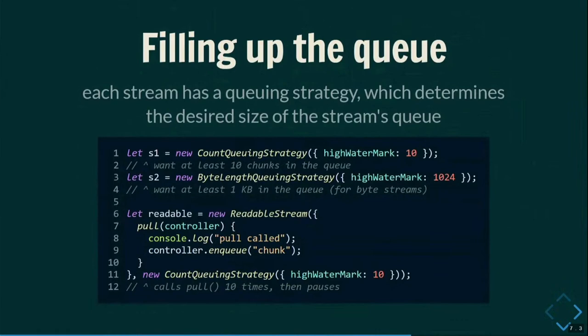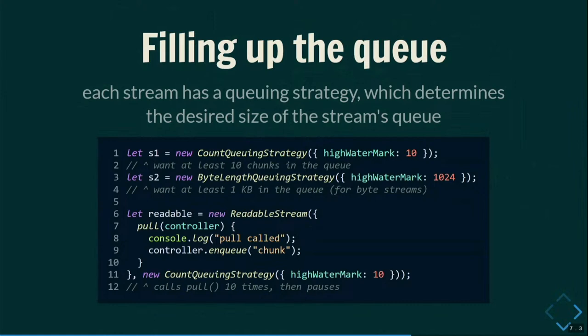Your stream will try to fill up its queue up to the desired size of the stream's queue, and the specific size of that is governed by a queuing strategy.